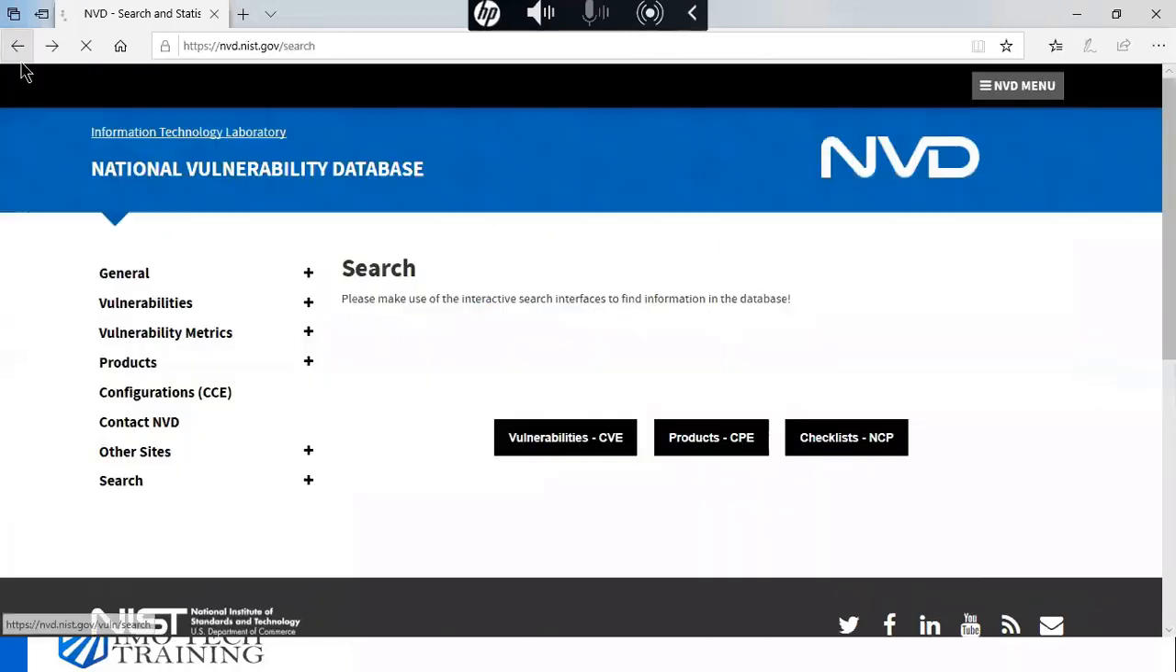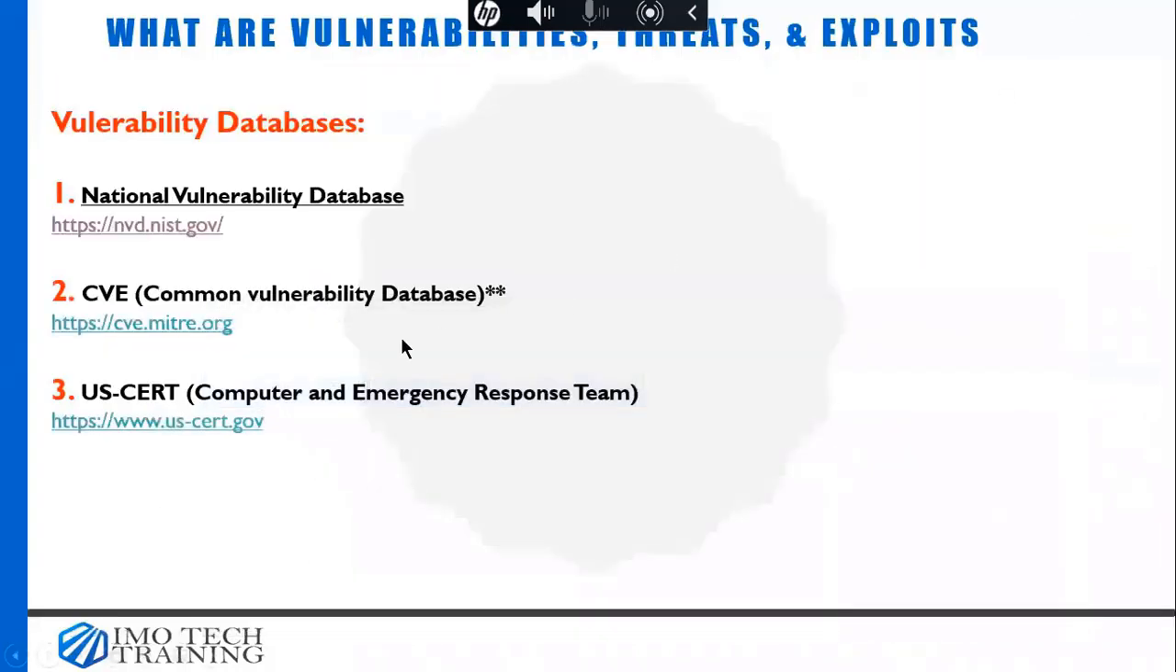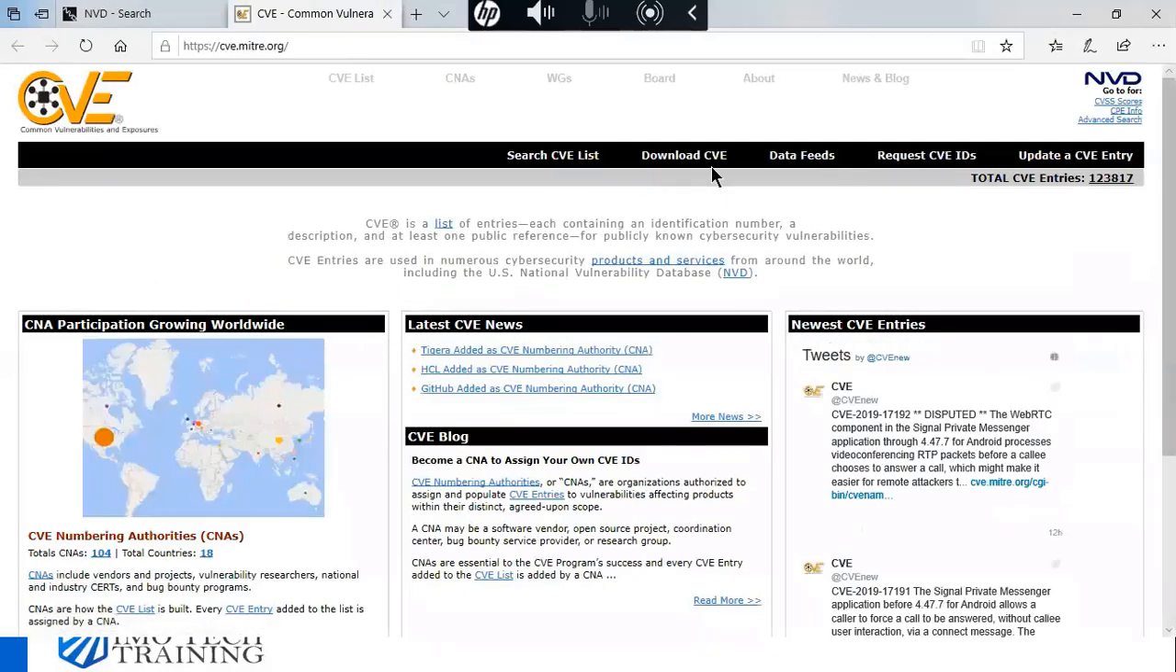And also, if you're a researcher, you can report vulnerabilities to this database here. You see where it says request CVE. So if you're a security researcher, if your work is to research vulnerabilities, we have people out there, that's what